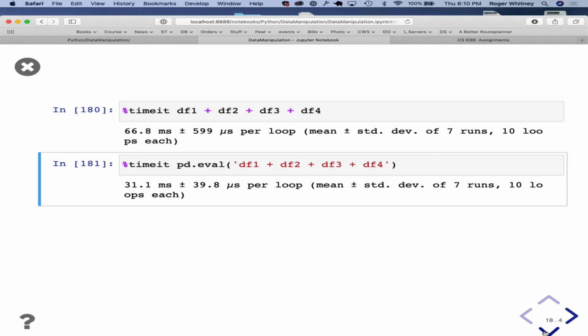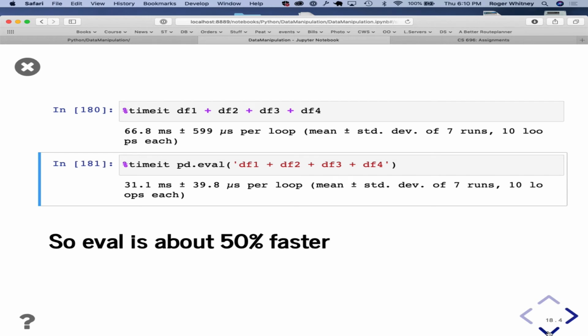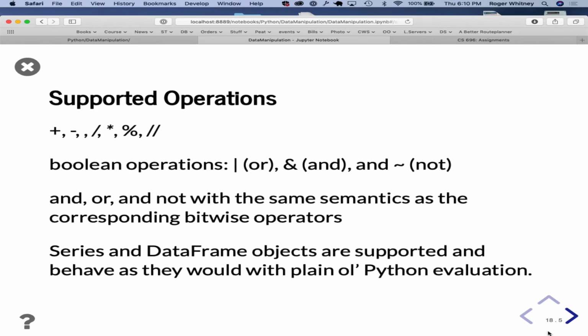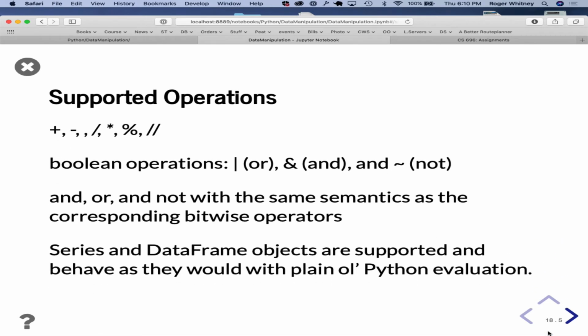And then we have to understand, since it's C code that's been compiled before we use it, there's a set of standard things it can do, right? There's a standard set of operations that it does. It's C code.